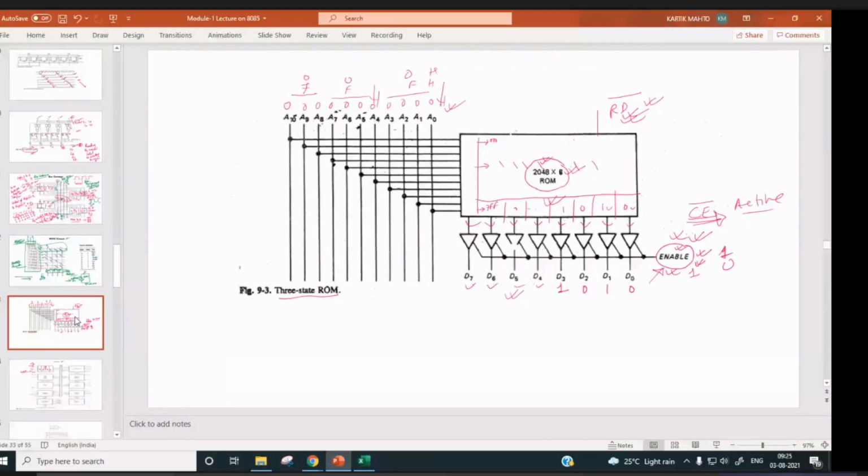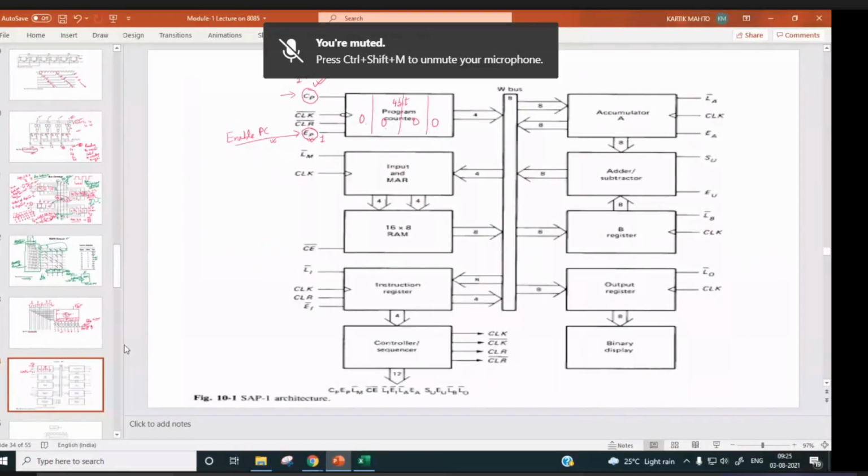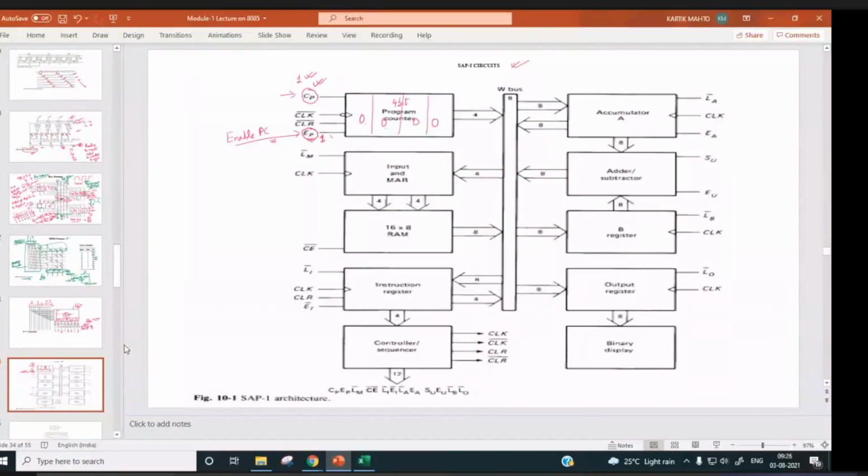First of all, you have to send the address. So inside the program counter, we have 0, 0, 0, 0. If you make the enable PC control line 1, active, what will happen? This 0, 0, 0 will come over here.